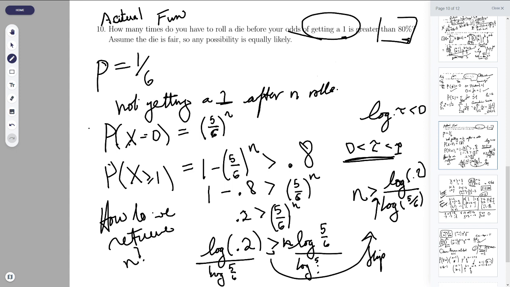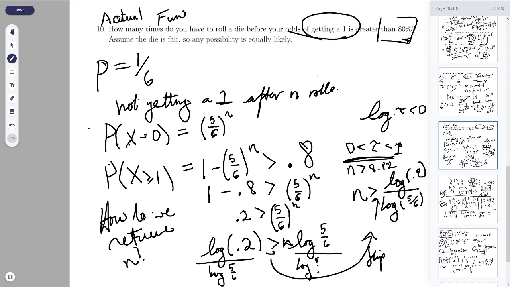Anyway, let's actually calculate this. So log of 0.2 divided by, 5/6 is just 0.83 repeating, so log of that. And now let's divide the two, and hopefully it doesn't explode. Okay, so n has to be bigger than,